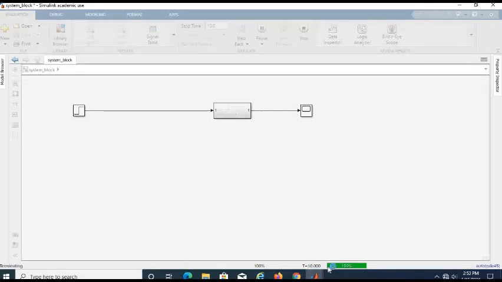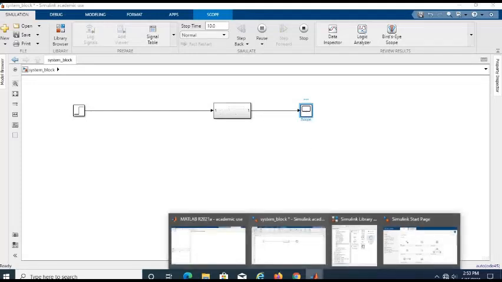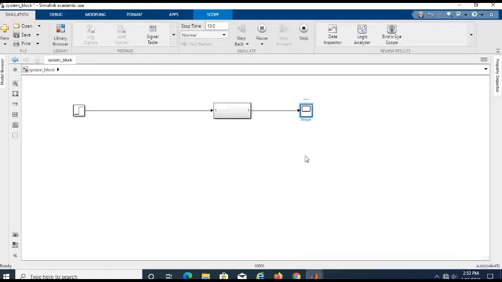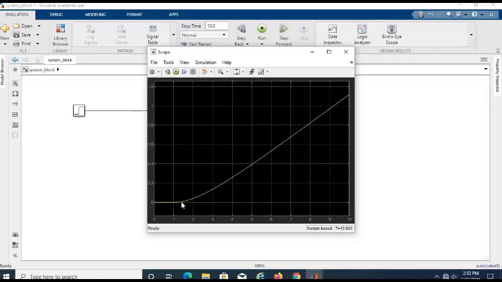Now the simulation has finished, and then we can see what kind of response. And this is the response of the system.